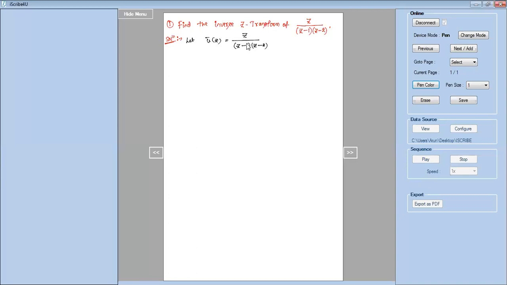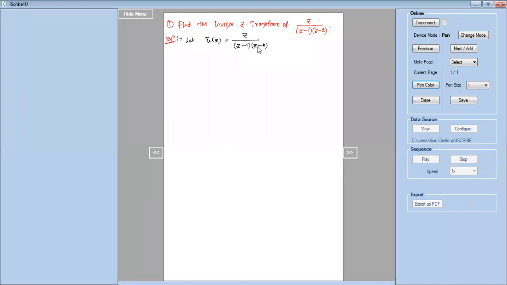See the numerator first. First you make sure whether there is a product in the denominator. So there is a product of linear factors, Z minus 1 into Z minus 2. Sometimes I may not give product terms here. In such a case, either by factorization or some other method, try to express the denominator as a product of some terms. But for this particular example, the denominator is already in the required form. That means there is a product of 2 linear factors in the denominator. So it satisfies our step 1. If it is not in this form, then you have to factorize and bring it to this form.